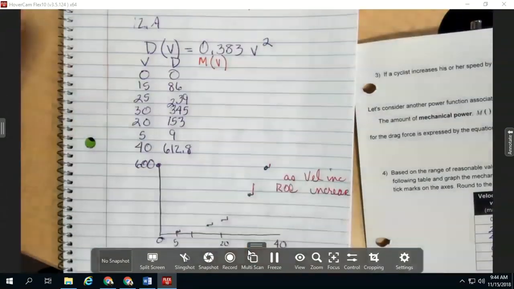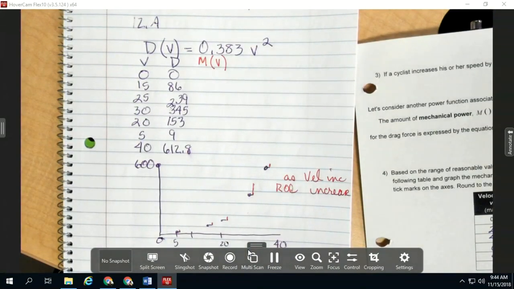In other words, we're going to figure out how much energy it takes to get a person to go a certain velocity. There are 2 factors that are making it harder as you go faster. One of them is you actually have to go faster, but the other one is you have more drag to overcome. So it shouldn't surprise you that the formula for m of v